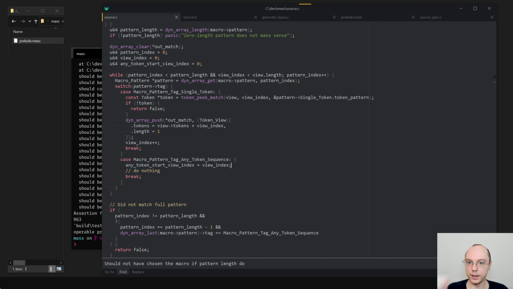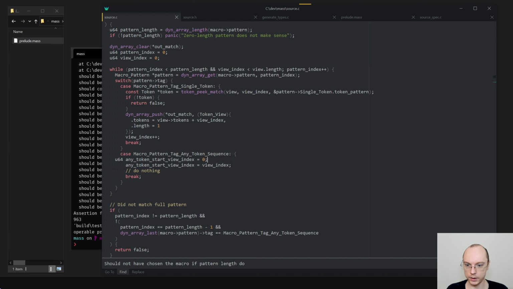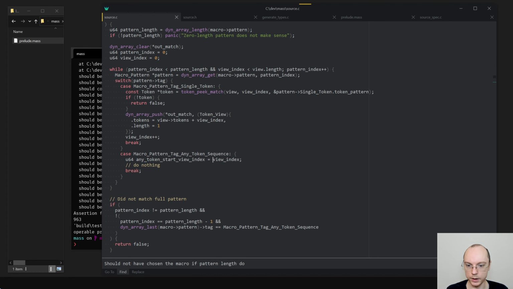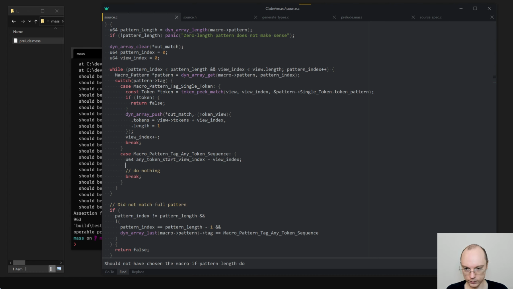And in here then, we can move this to be in line. And well, we say while view index less than view length plus plus view index.